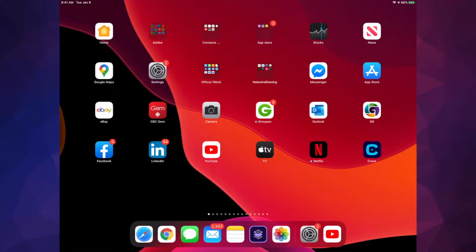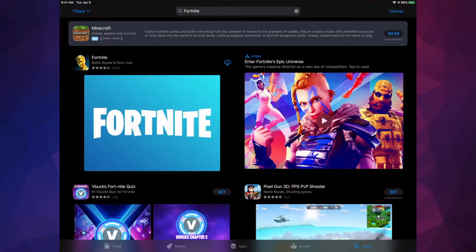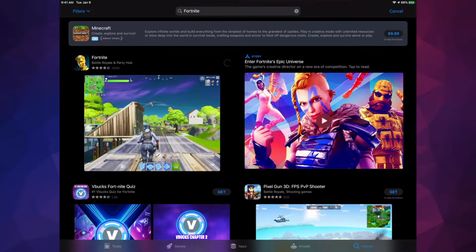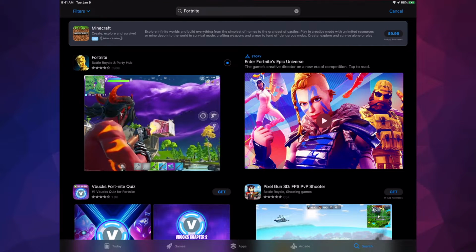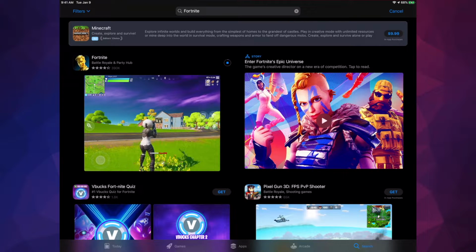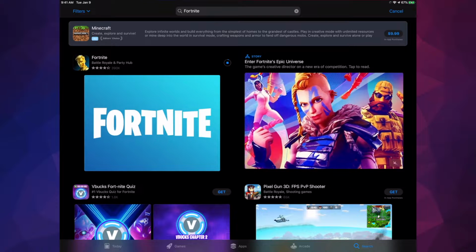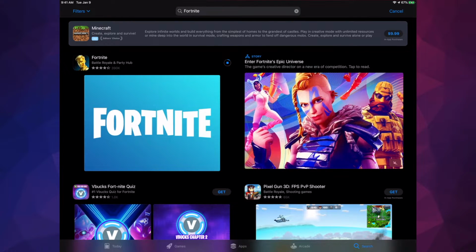So I can go back into my app store, search for Fortnite, and re-download it. This is how to re-download Fortnite and install it on your iPad, iPhone, or iPod Touch. Now, does this matter if you have an Xbox, PlayStation, anything else? No. As long as you know your username and password, all your stuff is in your Epic